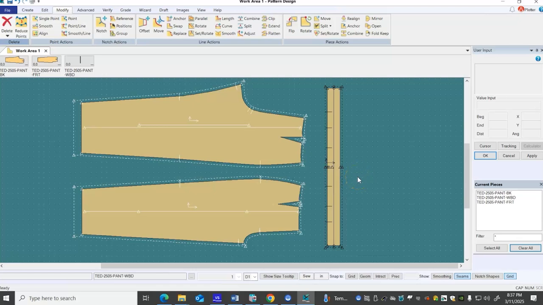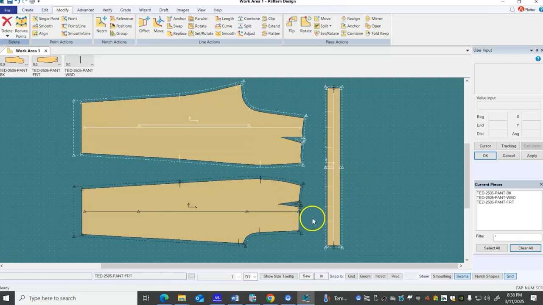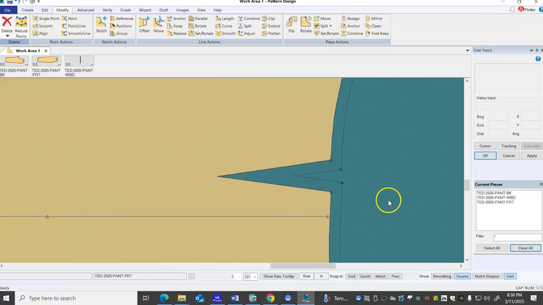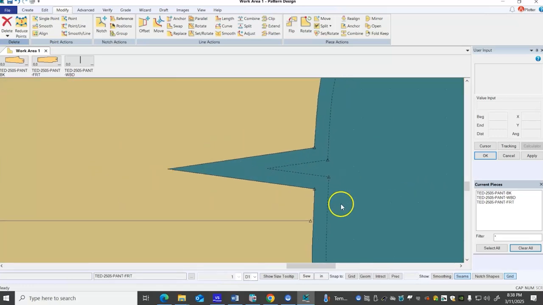All right, so leave the waistband for now, and let's do the front dart. What do you need to do this? No, the dart. Make a thing. Where do I have to go? Advanced